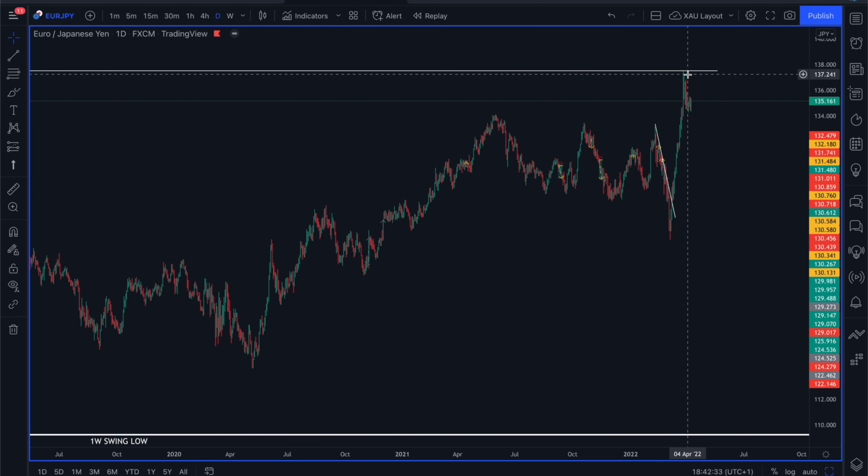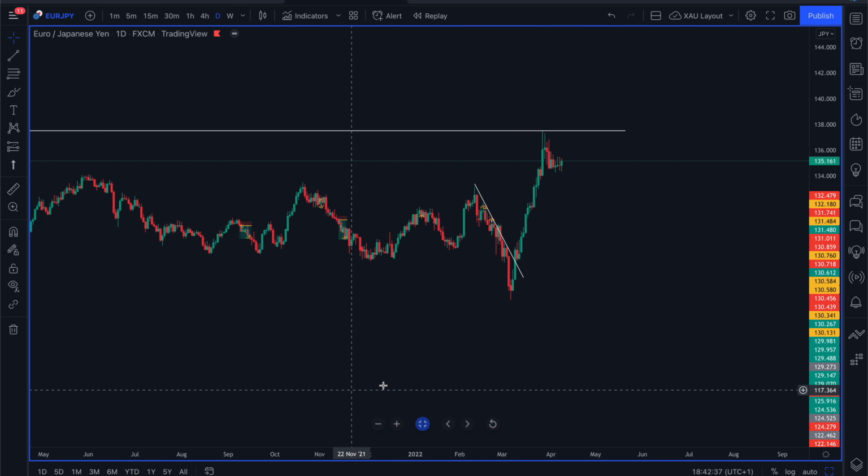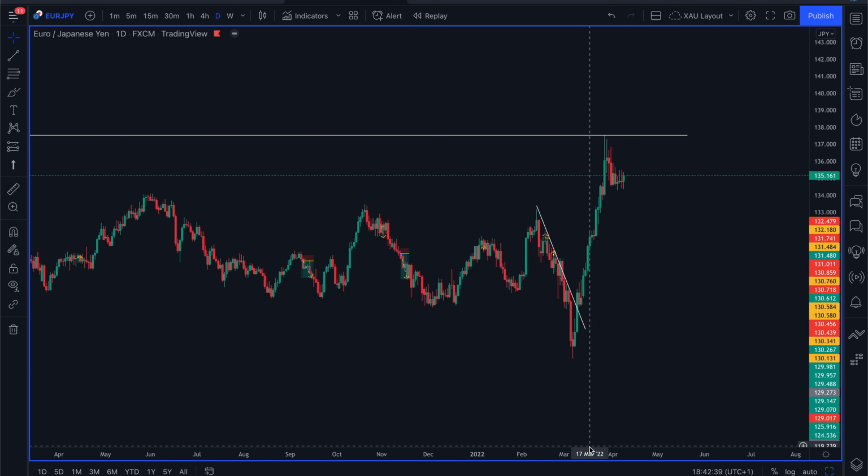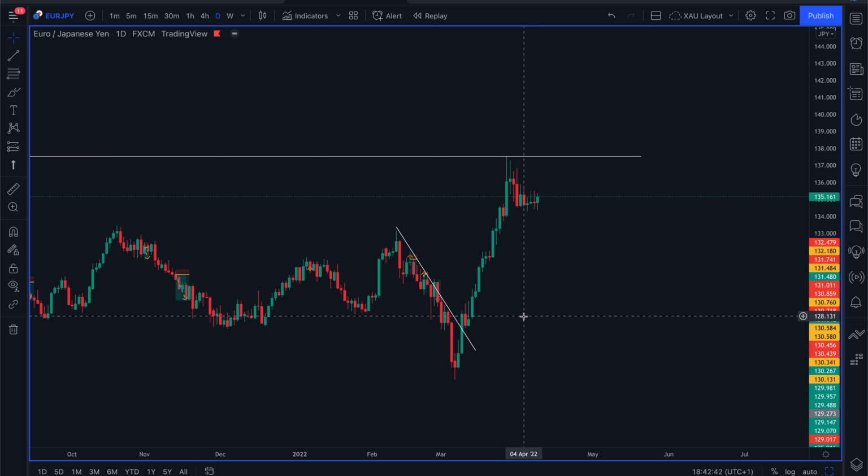But now that we've had that tap and that break of this level, or at least that tap into that point, I truly believe, well, it would be interesting to see. I mean, I believe price will come and break lower. I could be wrong. So in the coming days, I think it would be extremely important to now see how